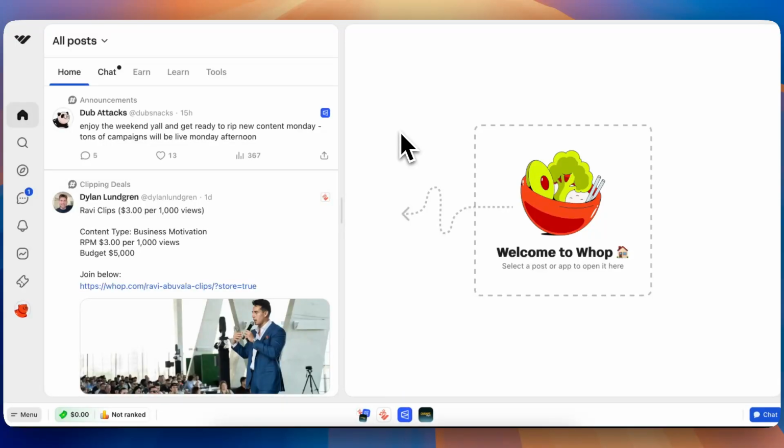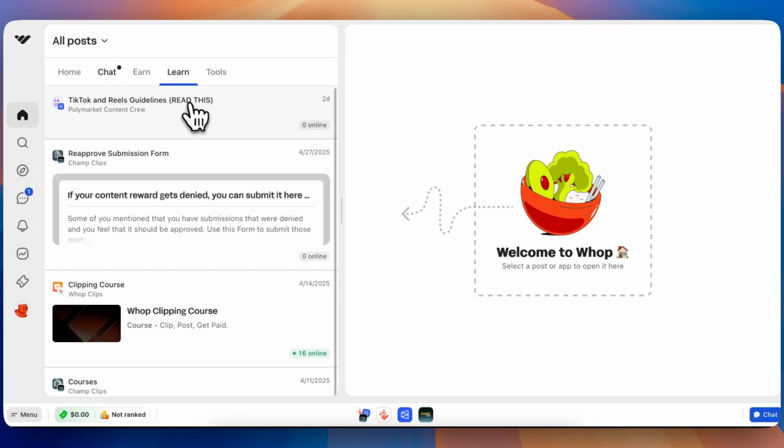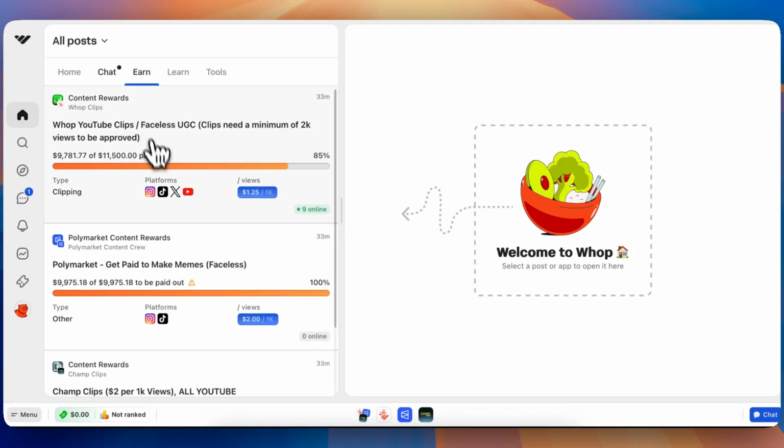So you're ready to start clipping. How exactly do you earn money from clipping? Let's go through the process. So once you've identified a channel that you want to clip for, in this case, we're going to go with